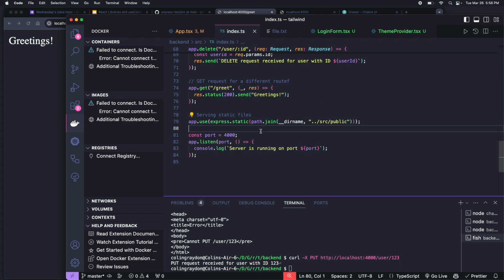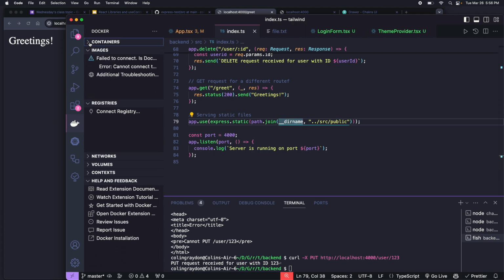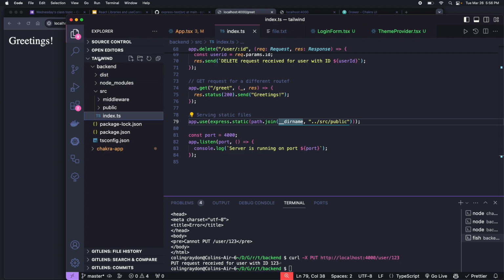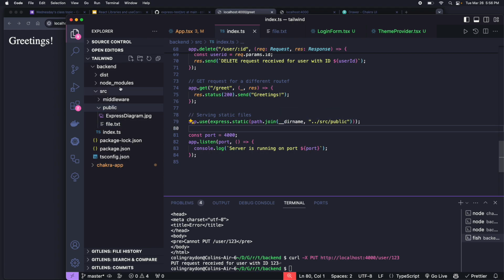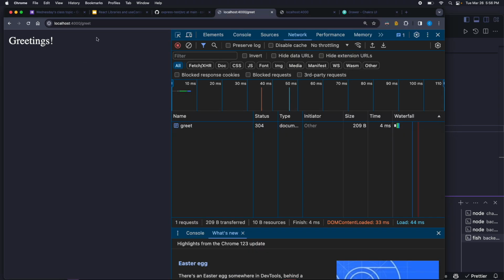So what I did here is I used the path.join. So I basically got the directory name. In this case, the directory name is the root of the directory. So that's going to be Tailwind, that'll be backend for this one. Backend, and then we find where index is. So index goes, dot is up one level, goes to source, goes to public, serves those static files. So if I go to source/public/express diagram,